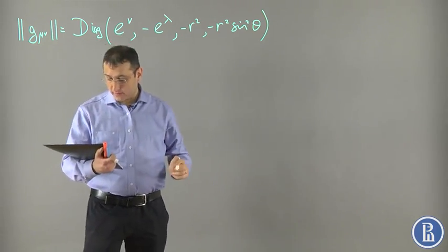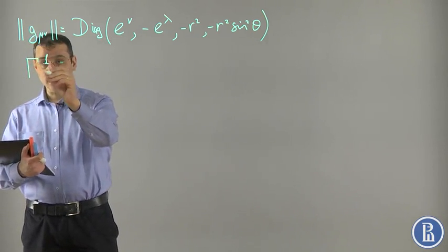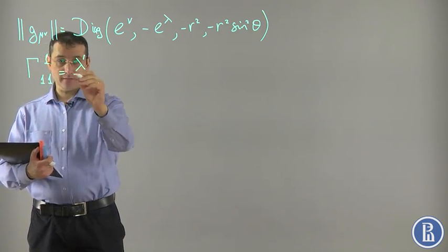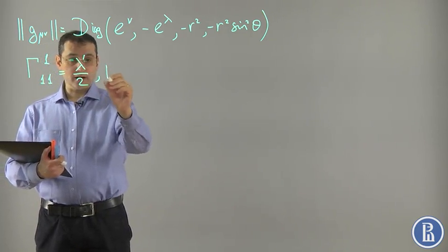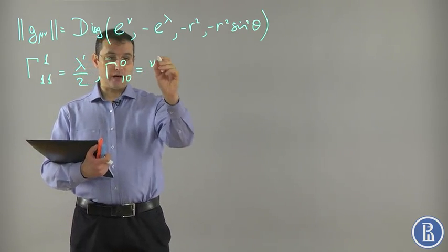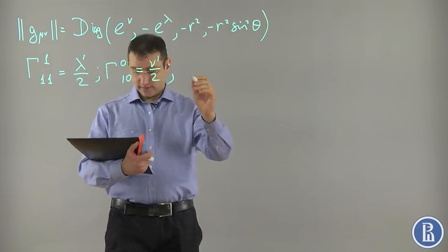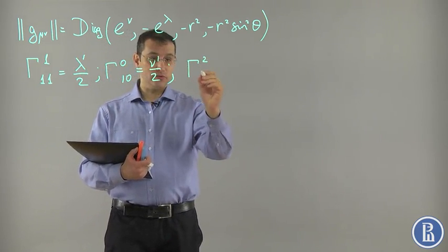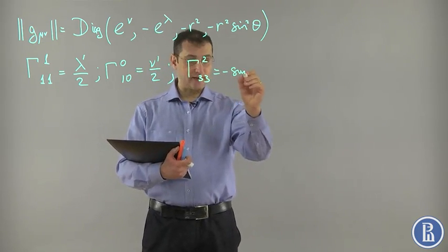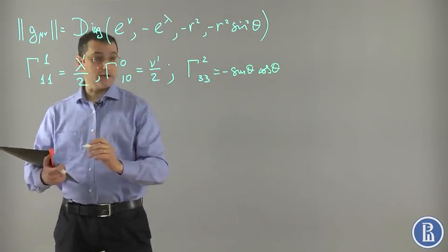Then the non-zero components of the Christoffel symbols are like this: gamma 1, 1, 1 is lambda prime over 2, gamma 0, 0, 1 is nu prime over 2, then gamma 2, 3, 3 equals minus sine theta cosine theta, then